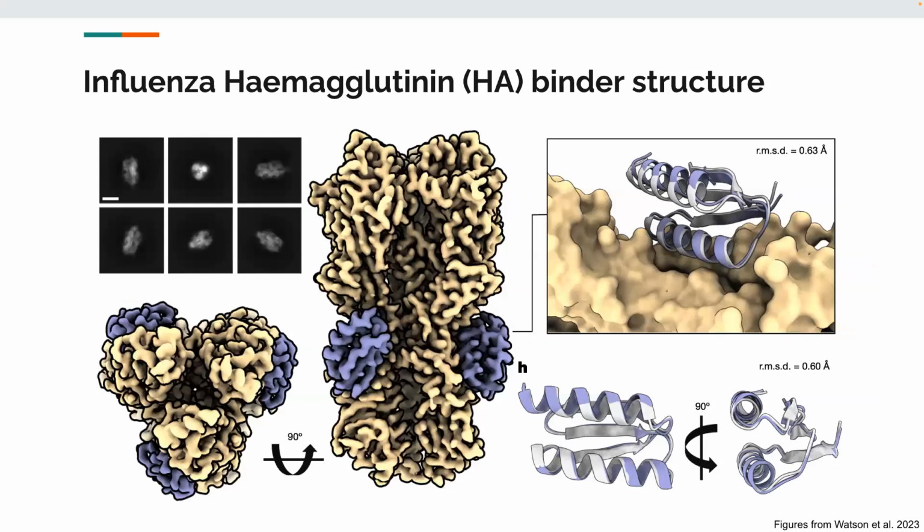But for the influenza hemagglutinin binder, I believe that's how influenza infects. I think it's the thing that actually does the infecting. I should really have known that. Essentially, they designed a binder that can bind to a specific important part of this protein. And they got the crystal structure of this, and then they showed that it did in fact bind to the correct location in this protein, and did fold similarly to how AlphaFold predicted it would,